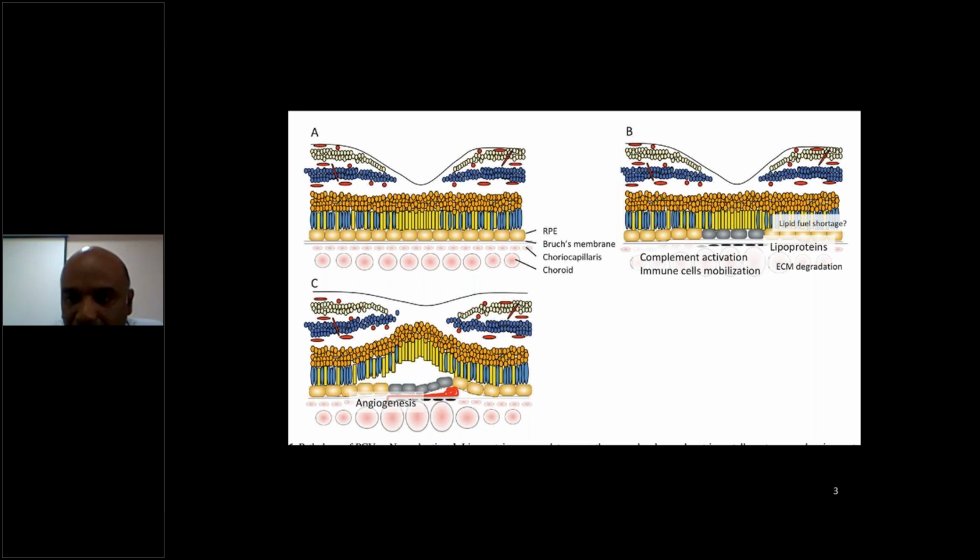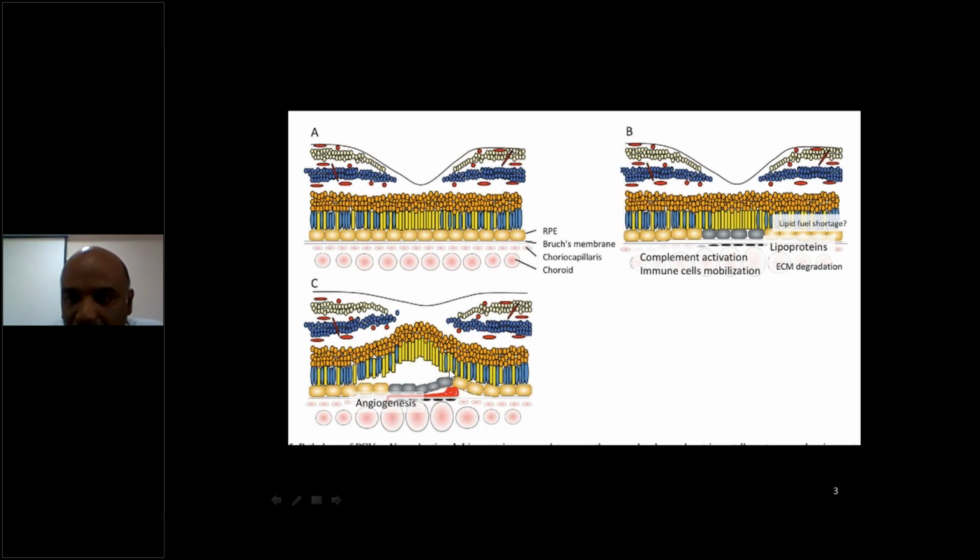Over a period of time, what happens? The pigment epithelium gets thinned out, and it leads to proliferation of new blood vessels which break the Bruch's membrane and start to enter into the retinal layers. So this is the problem here. This stage is dry AMD. When the blood vessels start entering the retinal layers by breaking through the degenerated pigment epithelium due to angiogenesis, that stage is called wet AMD.